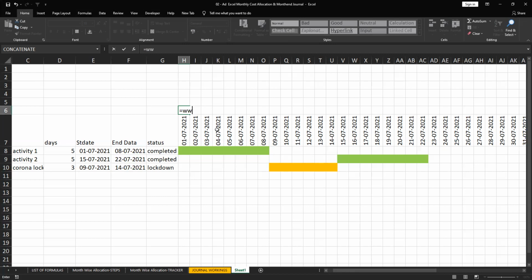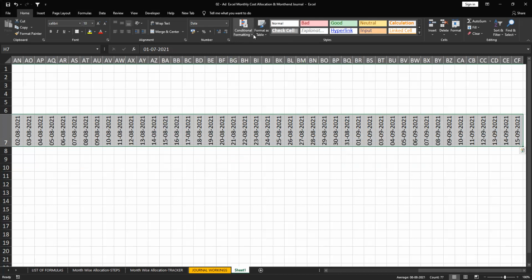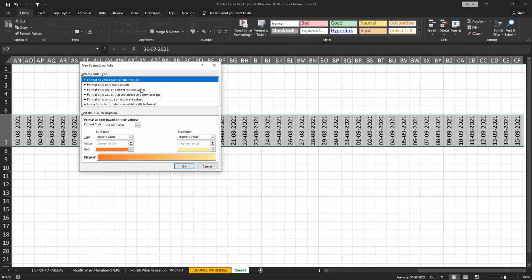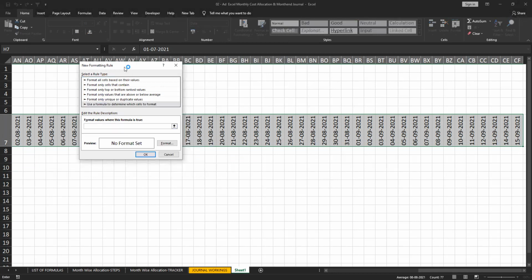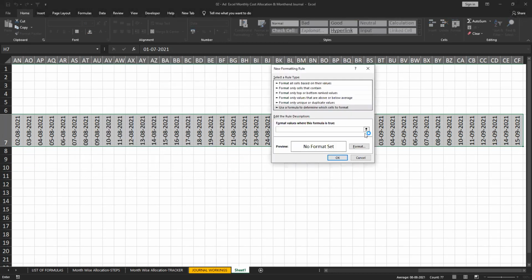Weekday, right? See here, we'll get a number, right? This formula we need to give here. So first select here, go to new rule, here the formula, right? We need to give the formula for this. Suppose I need to give an AND formula.